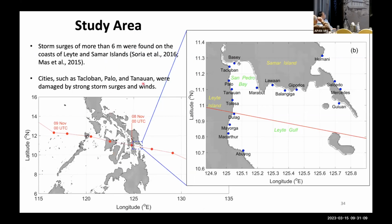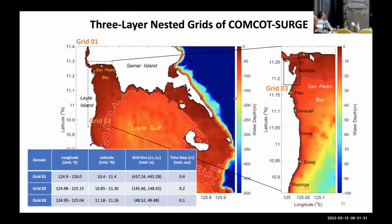Our study area is focused on the Leyte Gulf and especially San Pedro Bay, because the winds hit this area, and from the field survey, severe flood depths and very large storm surge heights were found here. Yeah, so we used nested grids with 3 layers to simulate the Haiyan case from